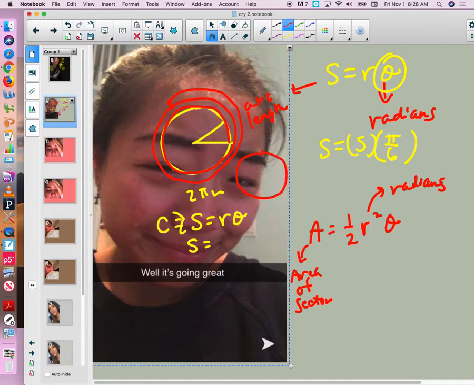Okay, so let's go to the circumference of a circle. What if I wanted, girls, watch this. What if I wanted this arc length? Well, now it's a pumpkin. Okay, so anyway,